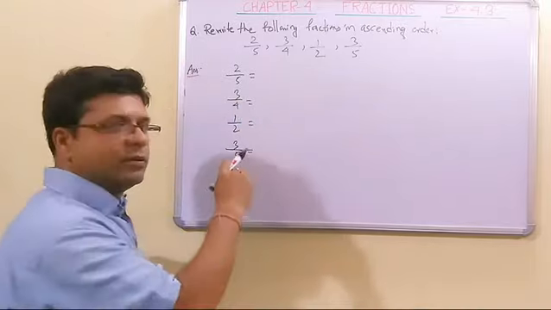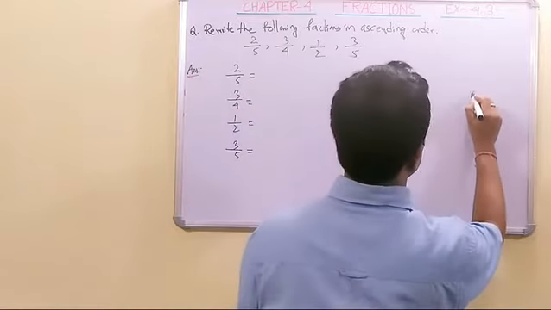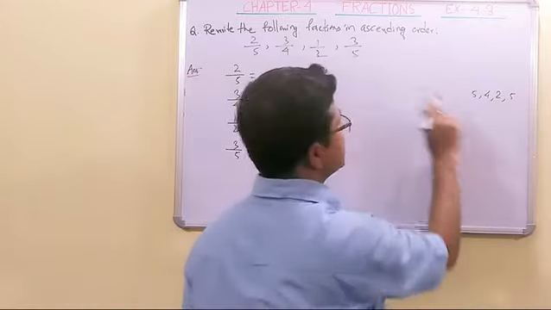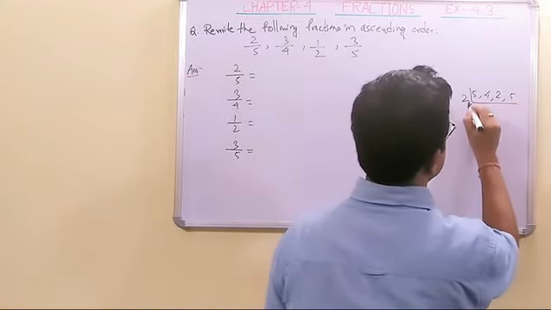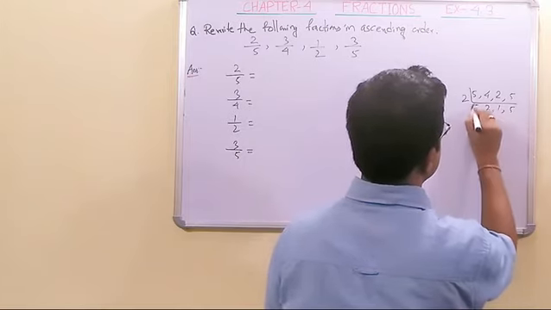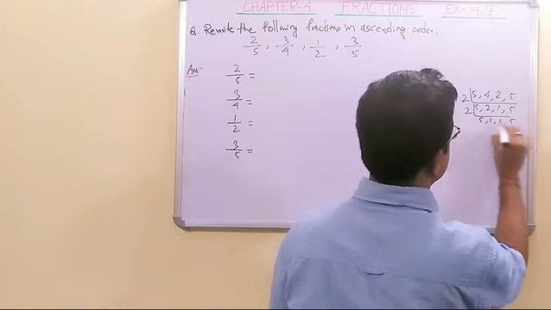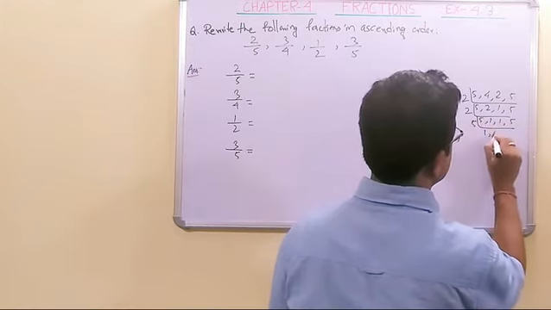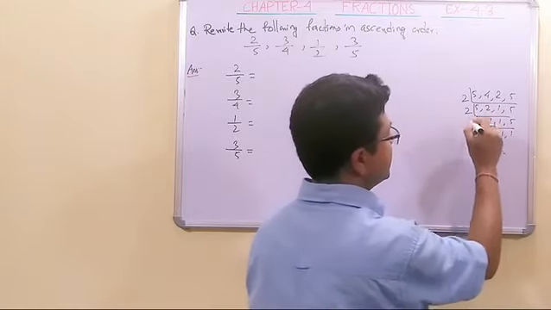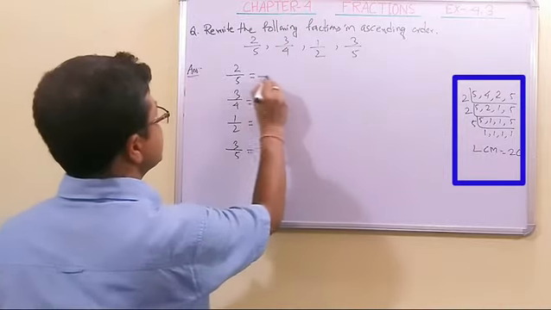Okay, we will take the same denominator, so we will take the LCM of 5, 4, 2 and 5. These are the denominators. It is divisible by 2: 2, 2, 5, here 2, 1, 5. Again, let us take 2: 1, 1, 5. Let us take 5 here: 1, 1, 1, 1. So the LCM is how much? 2 times 2 times 5 is 20. Okay students, so we'll make the denominator 20.